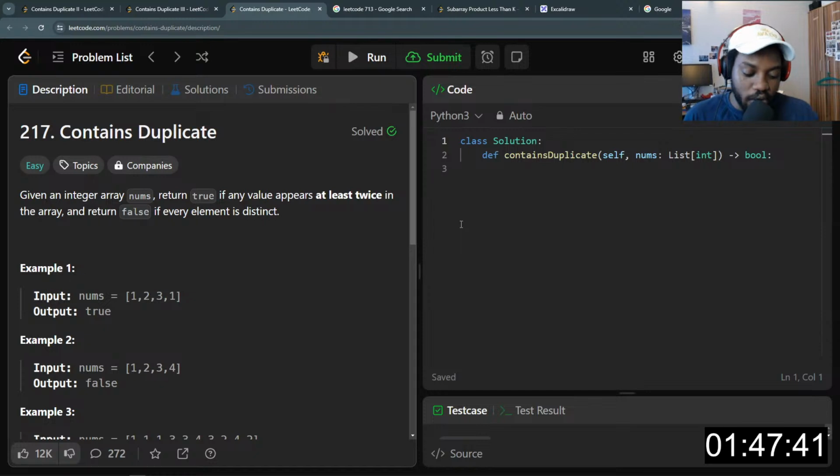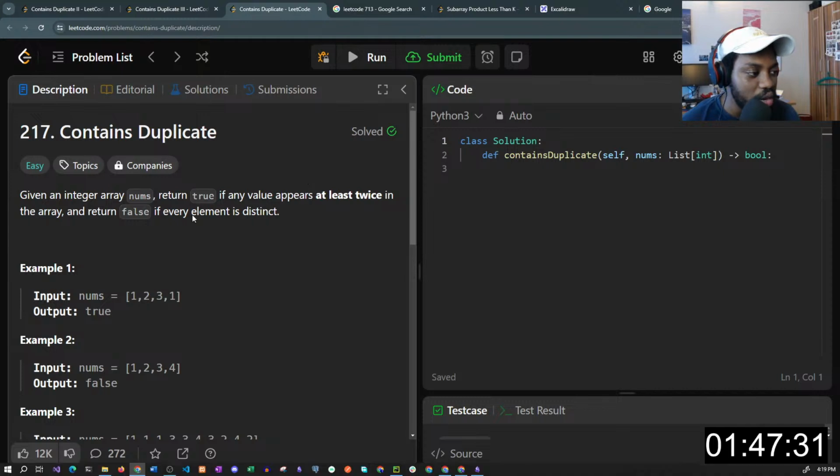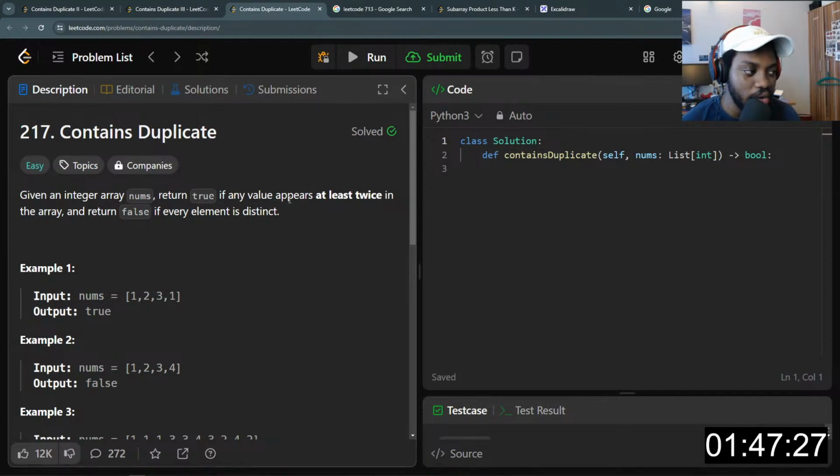Otherwise, if you don't repeat stuff, you'll forget, right? So let's see. We have contains duplicate, and given an integer array nums, return true if any value appears at least twice in the array, and return false if every element is distinct.